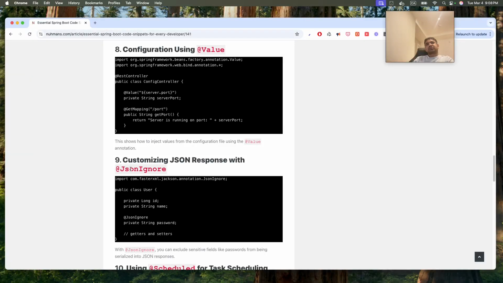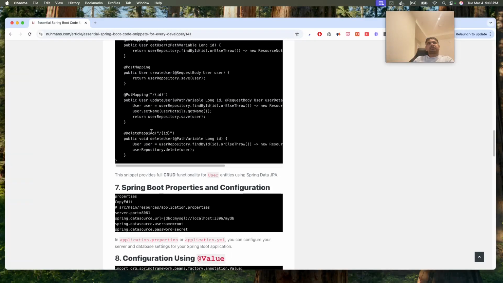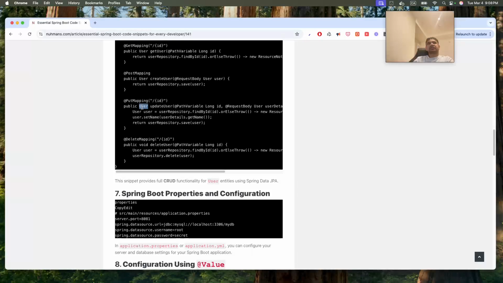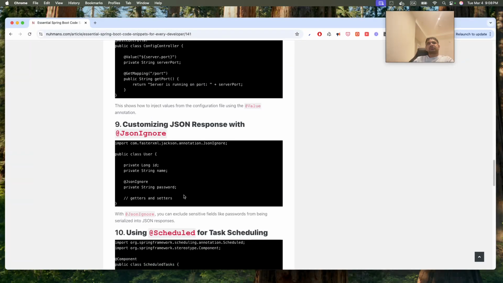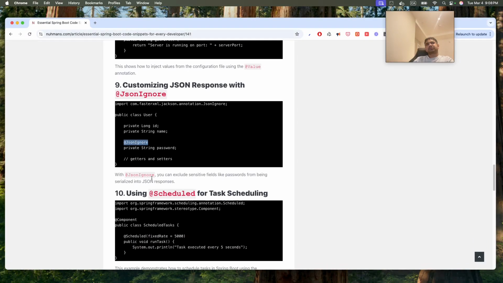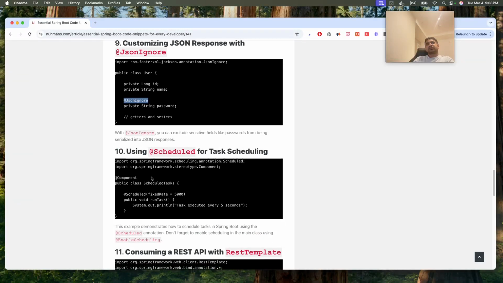So that's the @Value annotation. Customizing JSON response, JSON ignore. In some cases, if you are sending to an endpoint, the value is like user here, right? Whatever you are passing into that endpoint, you will get a user object returned back. In that case, if you don't need the password to be passed to the outside, you can put @JsonIgnore. In that case, it will not send that value into the